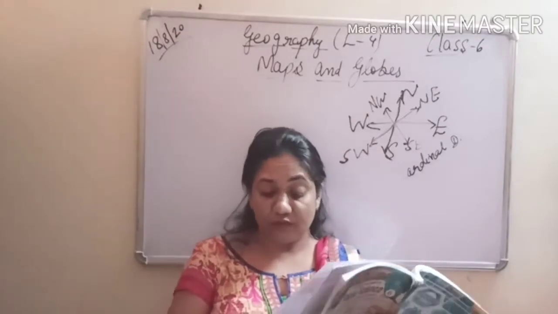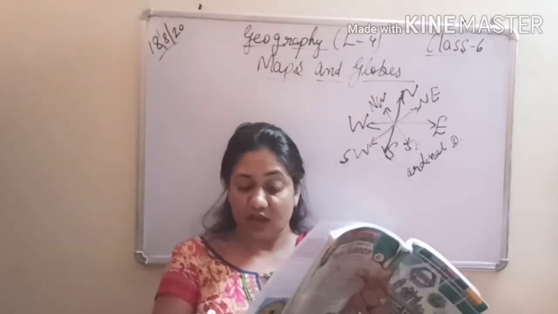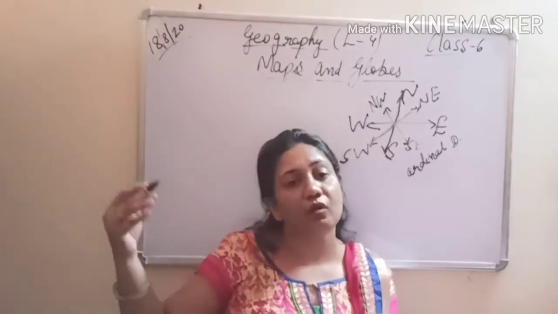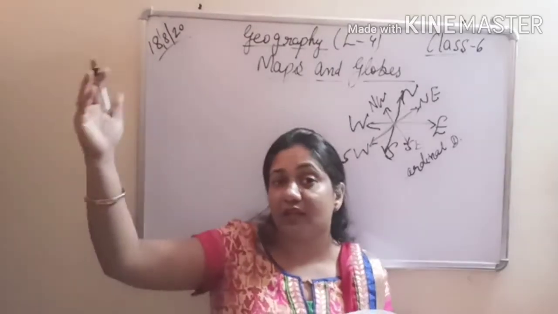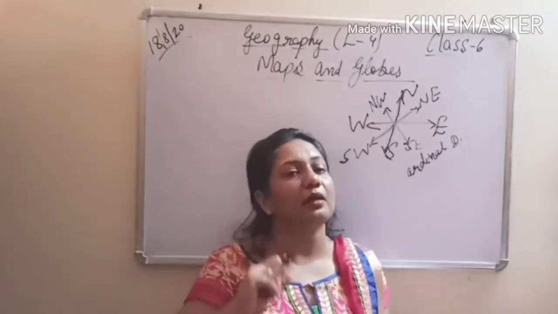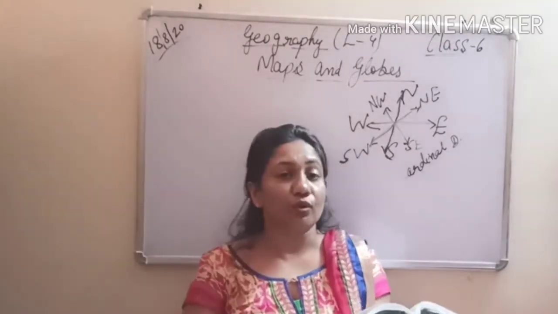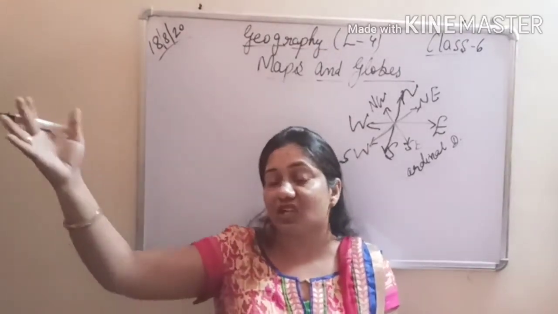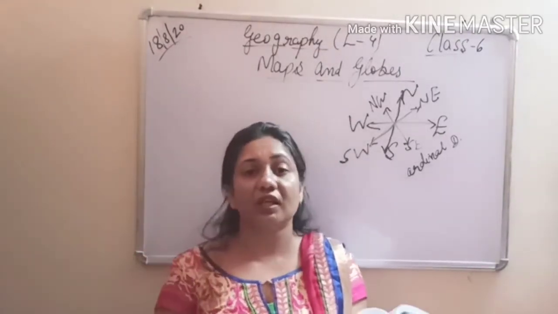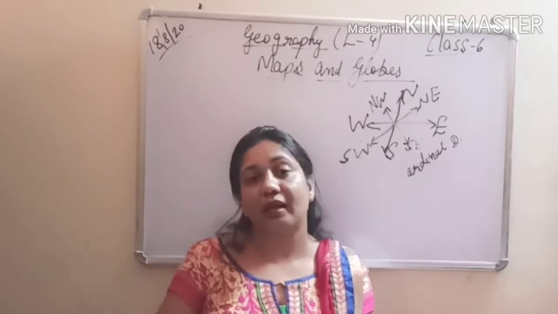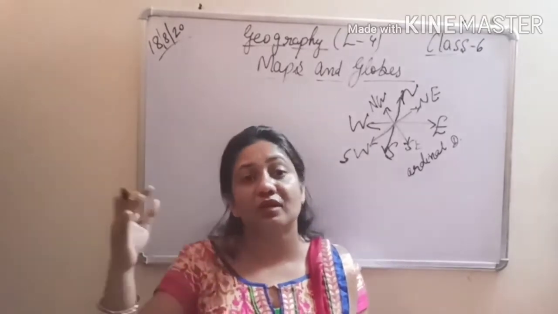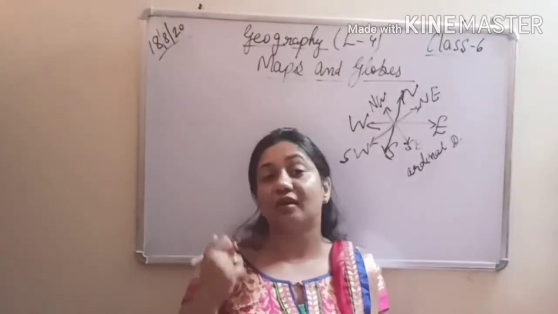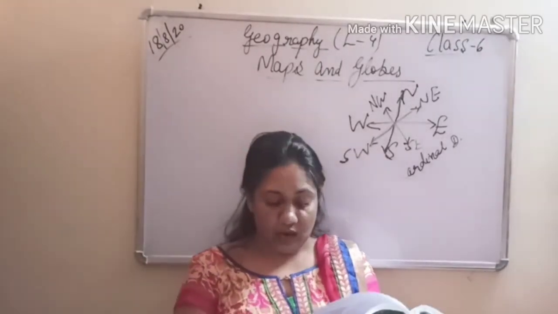For thousands of years, humans have been using the sun to find directions during the day. So in the ancient period, if we look at how people used to find direction, they used to take the help of the sun. So let's study how they used to find out which direction they needed to travel, because they took the help of the magnetic compass. They looked at the pole star at night if they had to travel. We have done that. So let's study the magnetic compass also under it.